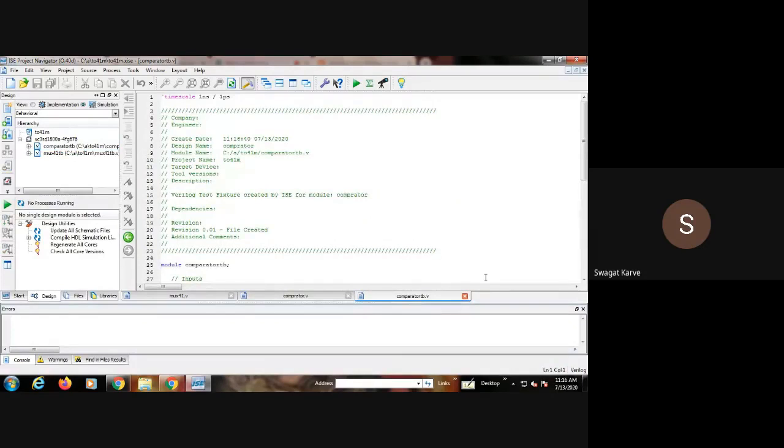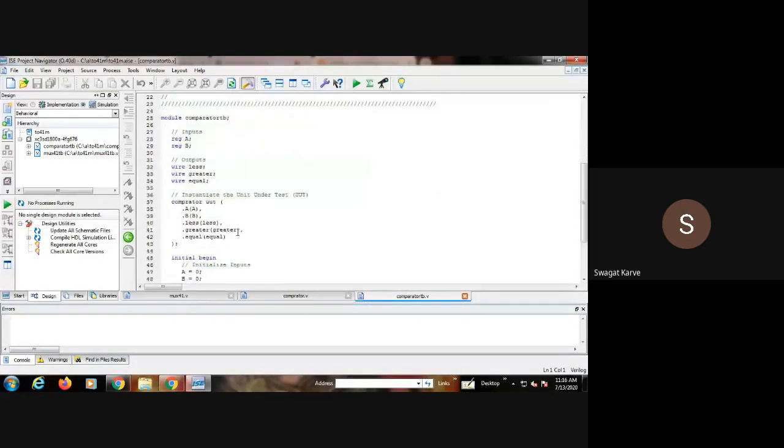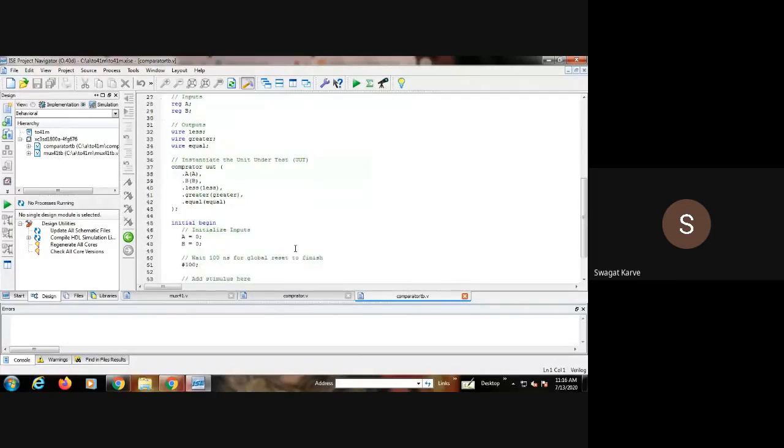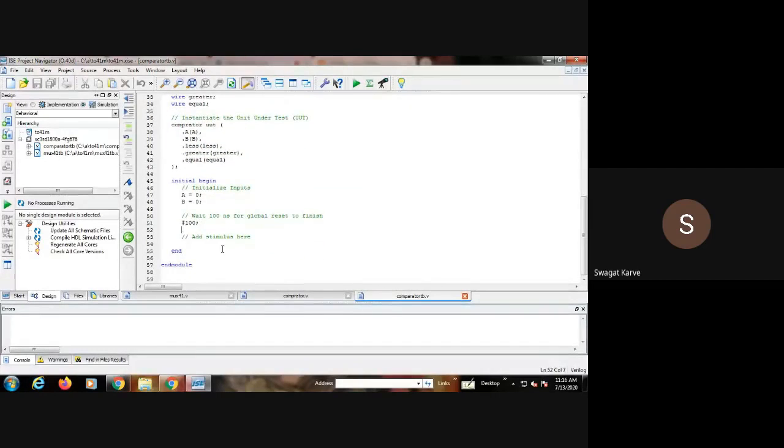Okay, now this is the test bench code of whatever we have written. Now here actually we have to write the stimulus, whatever we want to give to it. Okay, now you tell me what I should select.